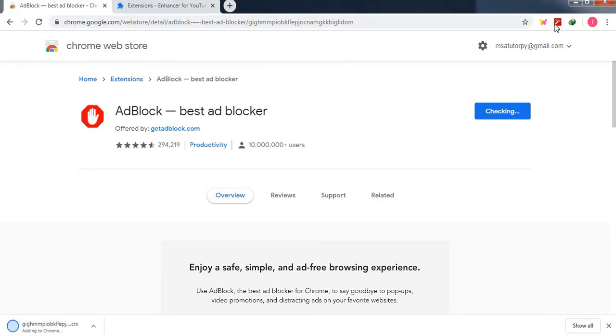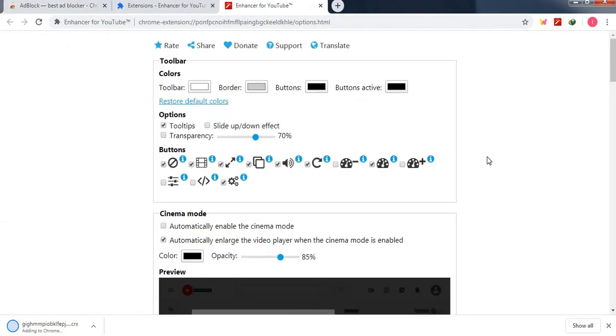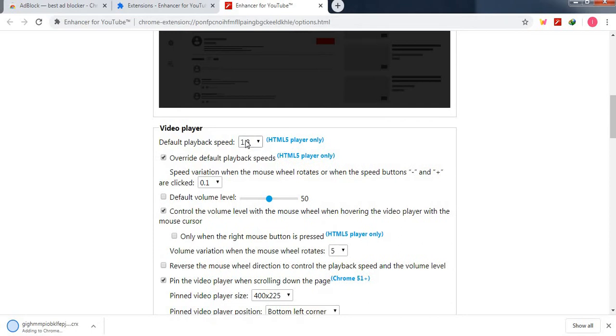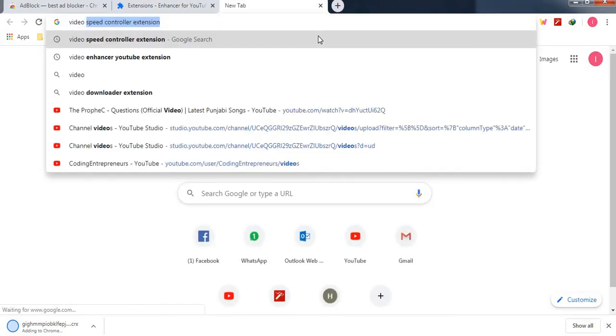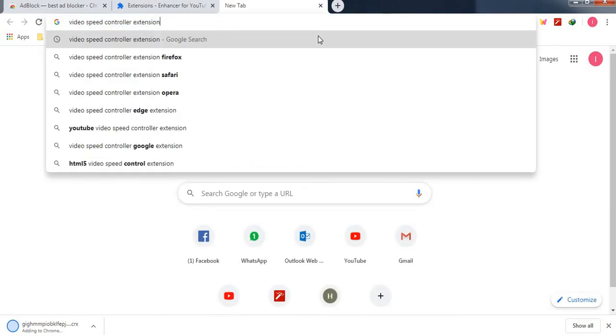One property I want to show you is that here you have a maximum limit of video speed, which is 2. If you want to increase it to more than 2, then you need to install the Video Speed Controller extension. Click on it.